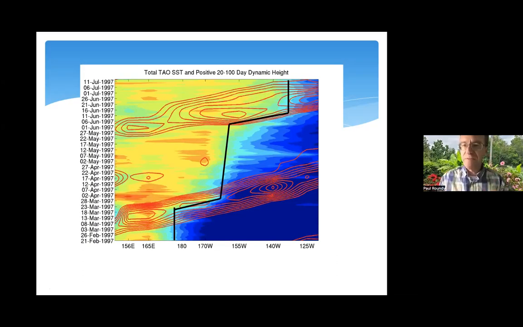This is how sea surface temperature evolves with the passing of those Kelvin waves. So the shading here is sea surface temperature, warm in the west, cold in the east. Kelvin wave goes by. Sea surface temperature jumps to a new mean state. Next Kelvin wave goes by. Sea surface temperature jumps again to the next mean state. So it's like stepwise, individual wave events are cooperating in producing a final evolution of the El Nino.